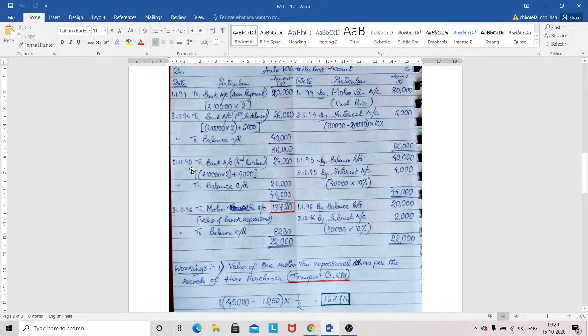Look at here. Okay, so 31/12/1995 to bank, second installment 10,000 into 2 plus 4,000, it will be 24,000. So it will be to balance CD, it will be 20,000. So here it will be 44,000, close. Now that balance CD of your 20,000 is to be transferred here, 1/1/96 balance BD 20,000. Now in the year 1996, okay,